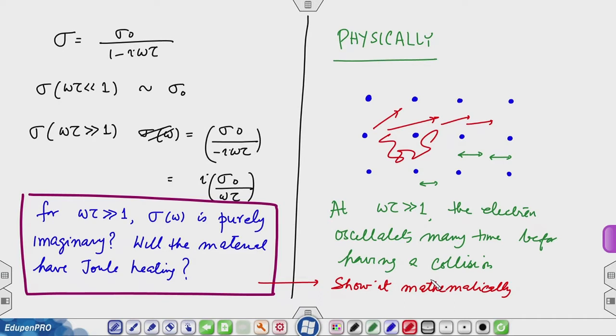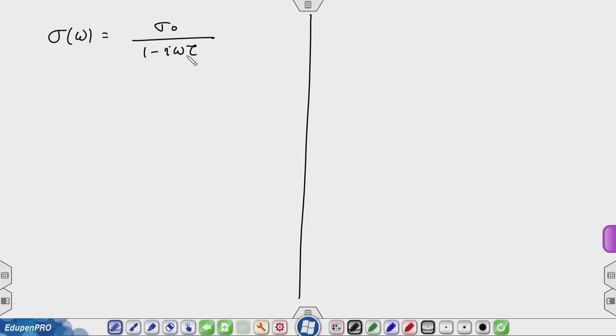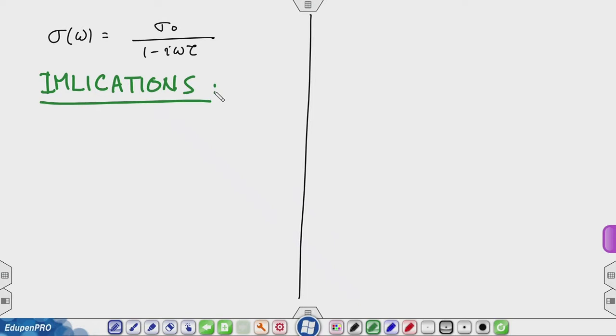So, this is what we have derived. Now, I am going to spend the rest of the lecture discussing the implications of this. So, what I have now is sigma omega equals sigma naught over 1 minus I omega tau, and I want to discuss its implications. As far as this solid conductor is concerned, and that is the connection we are making now. Now, recall from your electromagnetic course